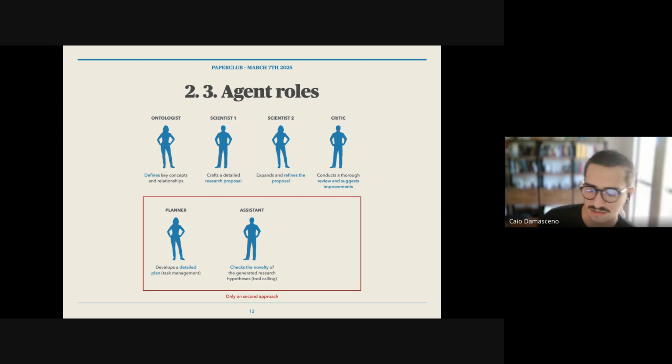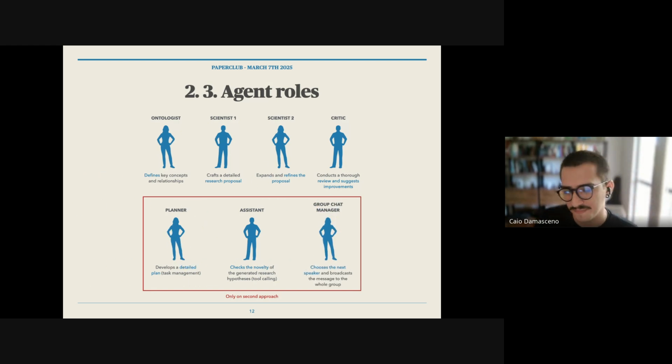So as I said, I put here in parentheses, it's a tool calling agent, like you can add new tools. That's why I said before that the second approach is more friendly for addition of tools, because this agent is responsible for this and it's not included in the first approach. And also the group chat manager.